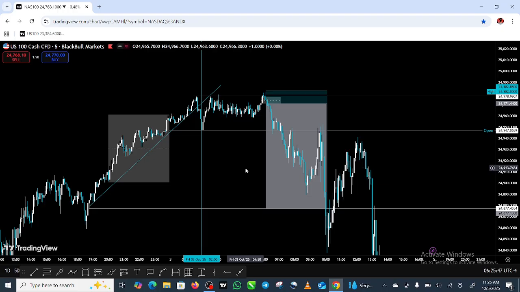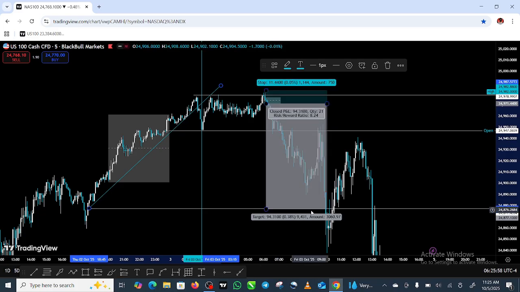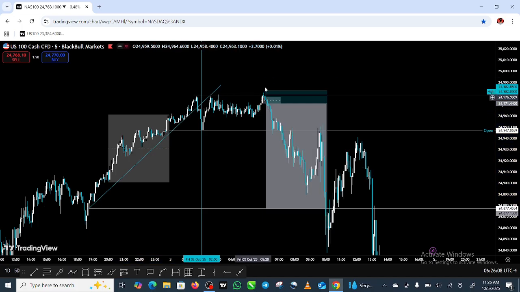So the way I use my trend line, or most times, if I see trend line in my analysis, especially doing PMMs, price taking the Asian high and going to the Asian low, that's PMMs. So if I see trend line, I usually increase my risk because I know it has a higher chance of playing out clean. Now the rule in drawing your trend line, especially involving the PMMs, is